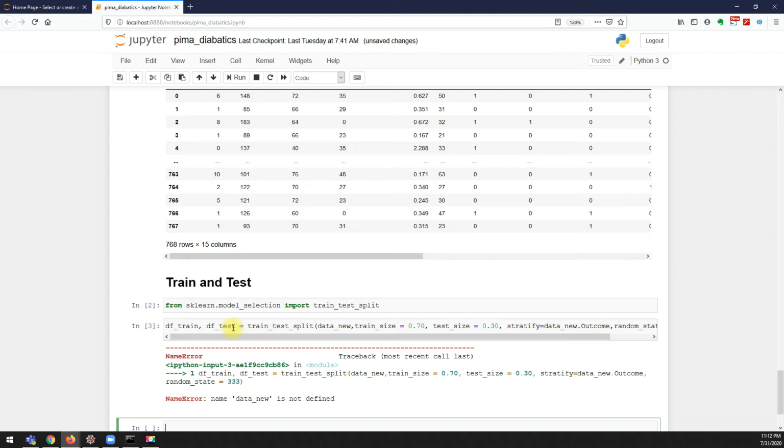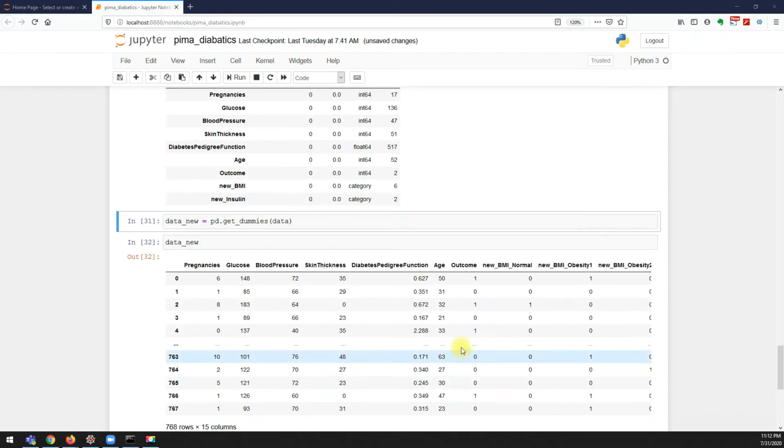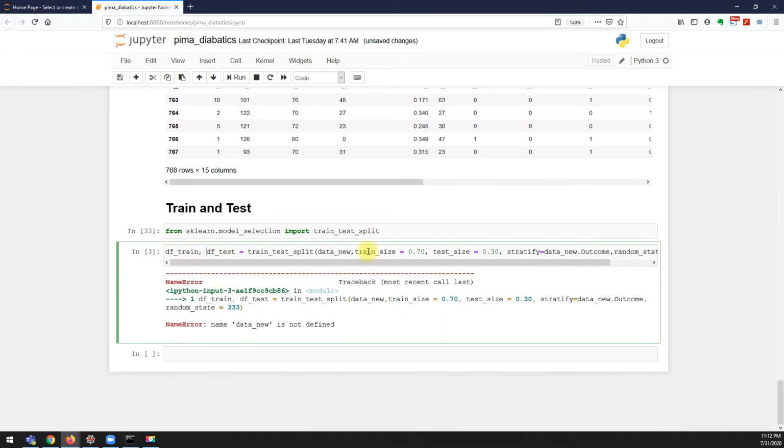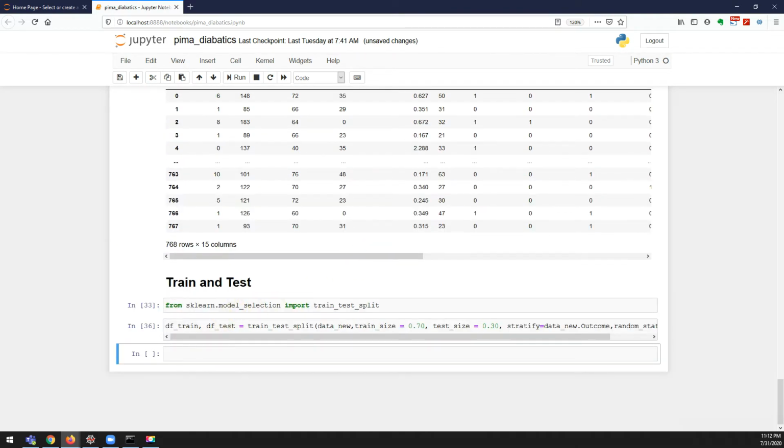All right, let me run this. Okay, now this error should go. We'll see the outcome value counts.